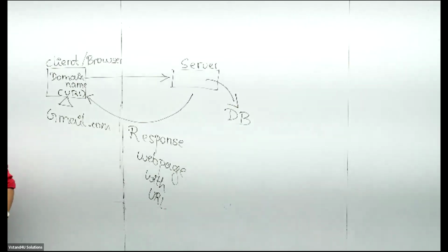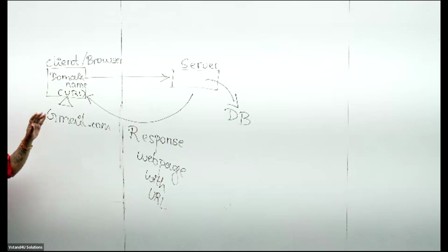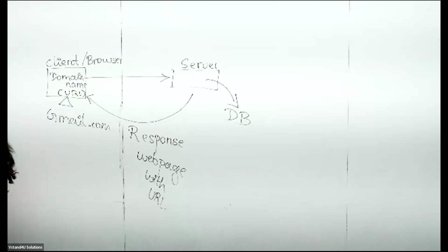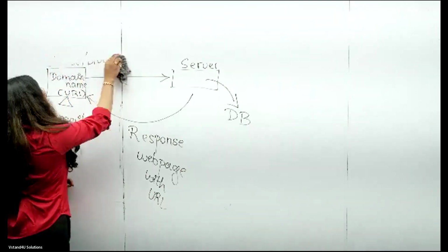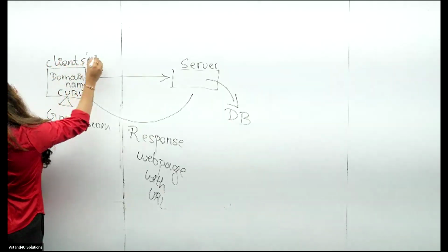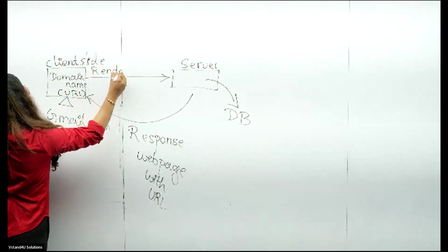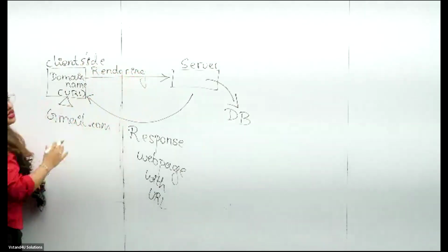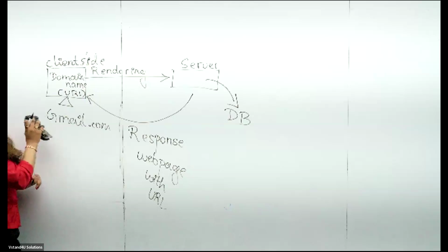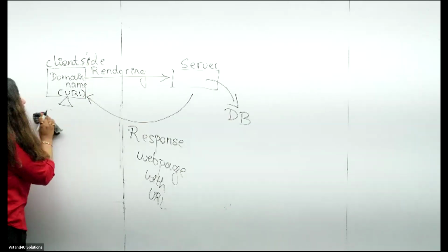Client-side rendering. What do you mean by client-side rendering? In client-side rendering, here you will have client or browser, and you will be having something called client-side rendering. What do you mean by rendering? Rendering is nothing but passing some data to your browser. Yes. So now, see, this client-side rendering is also called as,